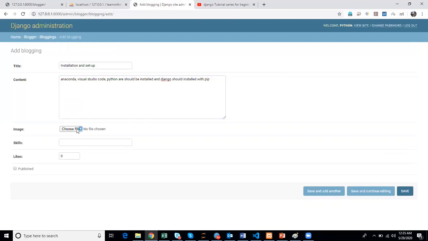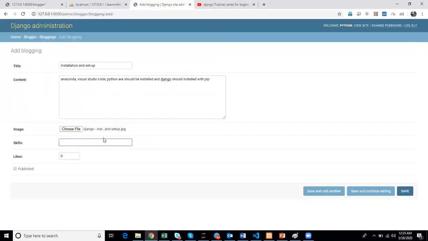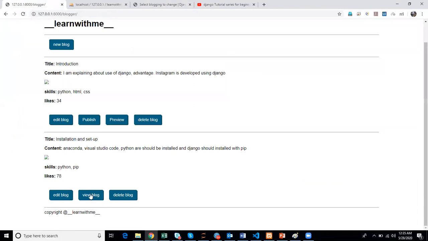I'm going to choose installation. For skills, maybe you need Python, pip. That's fine. And here I'm going to check publish, so that we can see it based on the condition. If it is published, this should be changed to view block. If it is not published, preview and publish should be there.